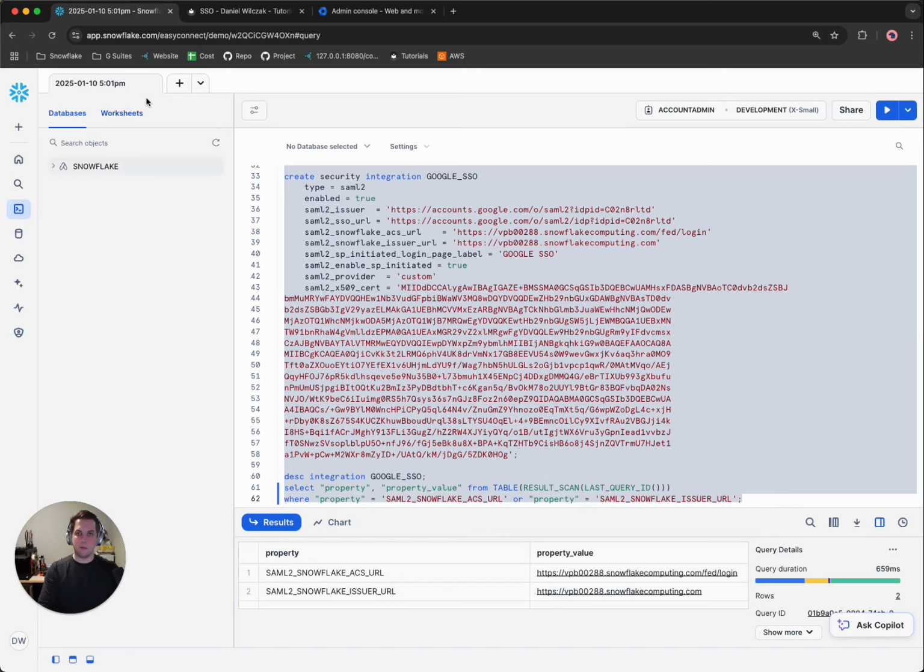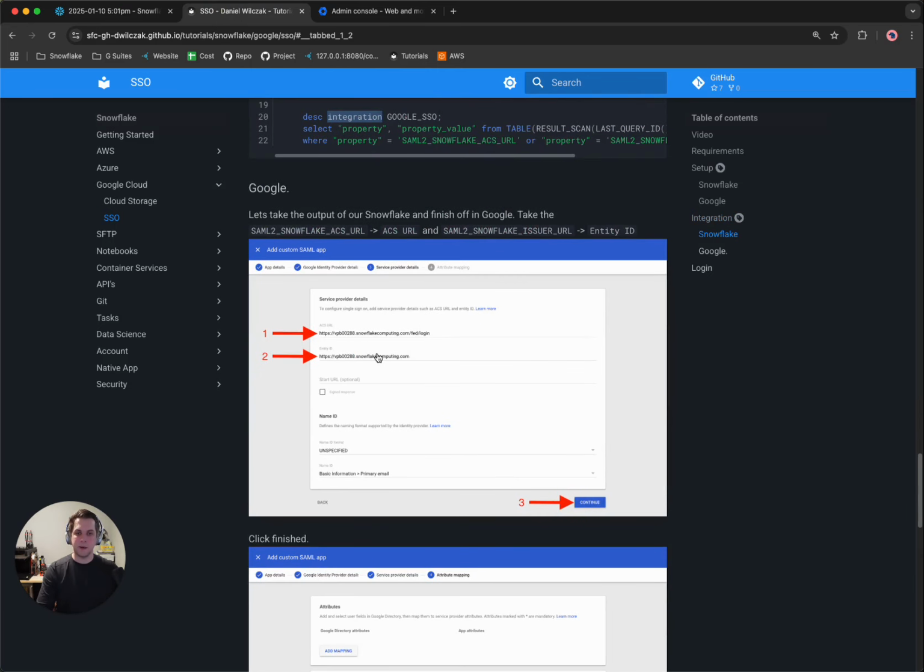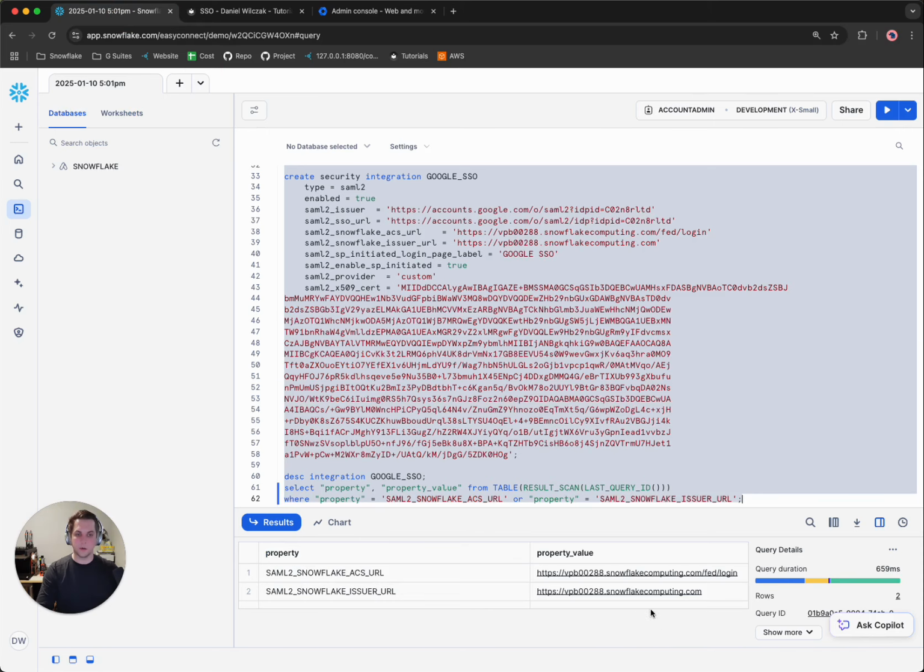So if we head back to the tutorial, we can see that if we go to the next page on our Google SSO, we'll want to add the ACS URL from Snowflake as the ACS URL, pretty straightforward, and then the issuer URL as the entity ID. Perfect. So what we'll do is copy the first one,